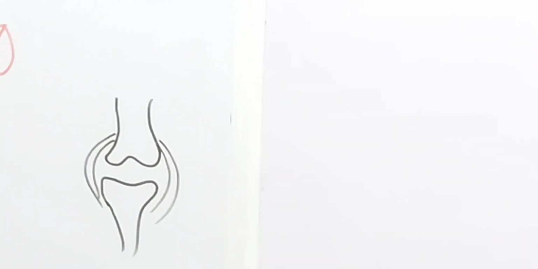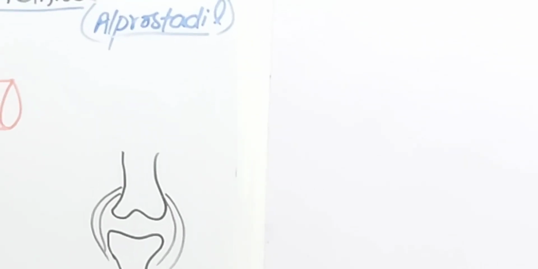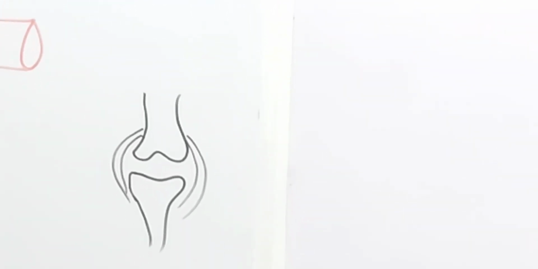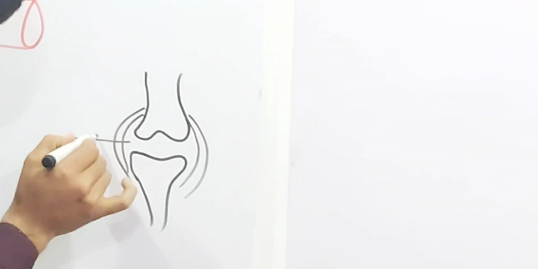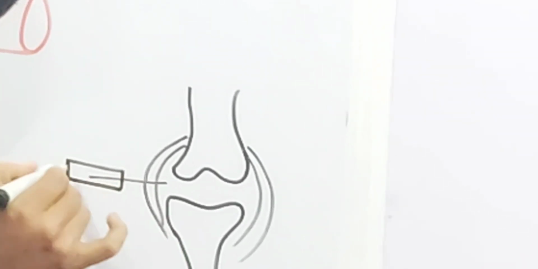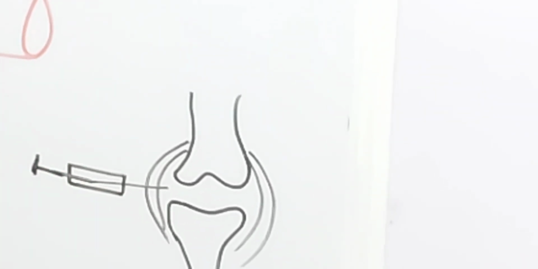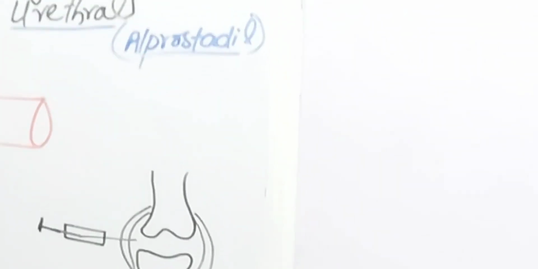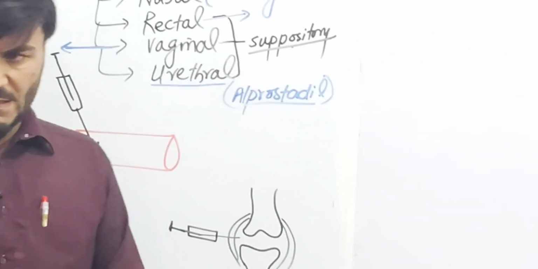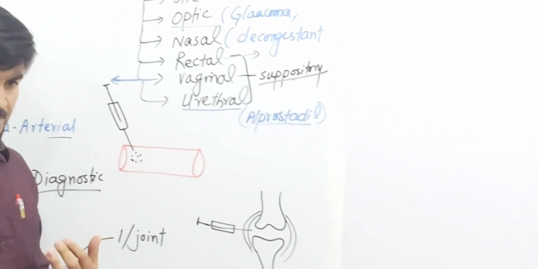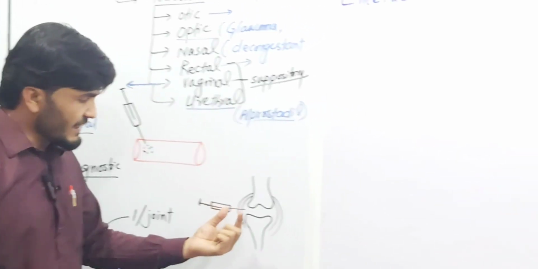So different drugs like hydrocortisone are injected directly into this area for reducing inflammation. And rheumatoid arthritis is an autoimmune disease in which the body's own immune cells attack a healthy cell in the body,